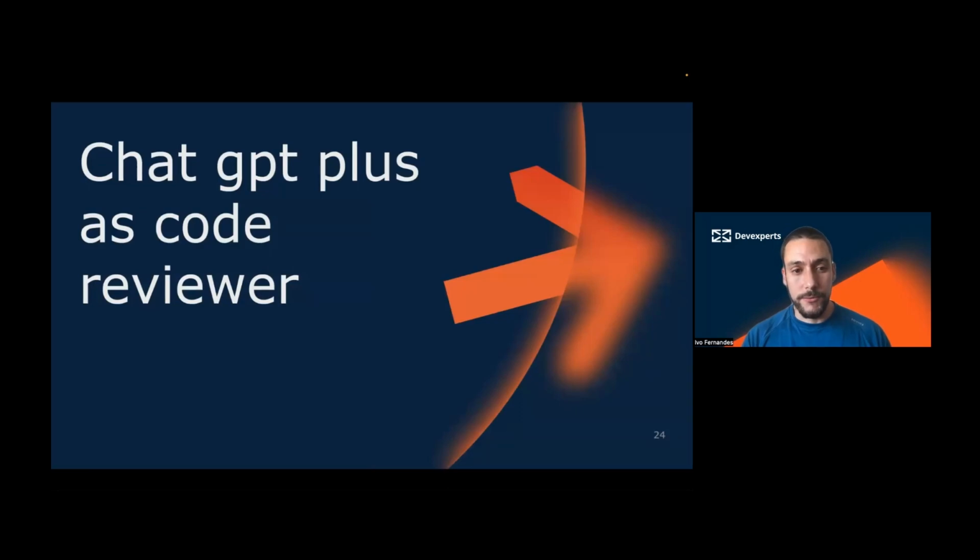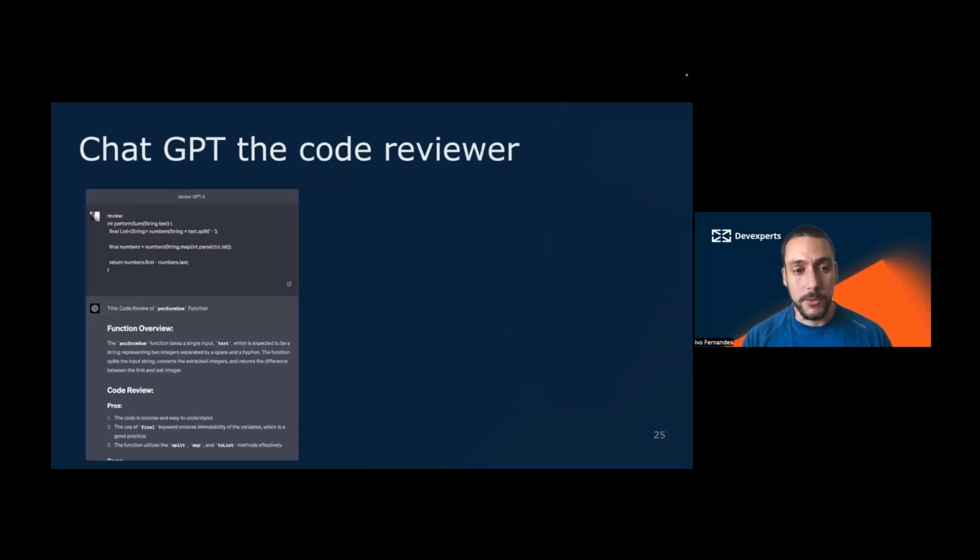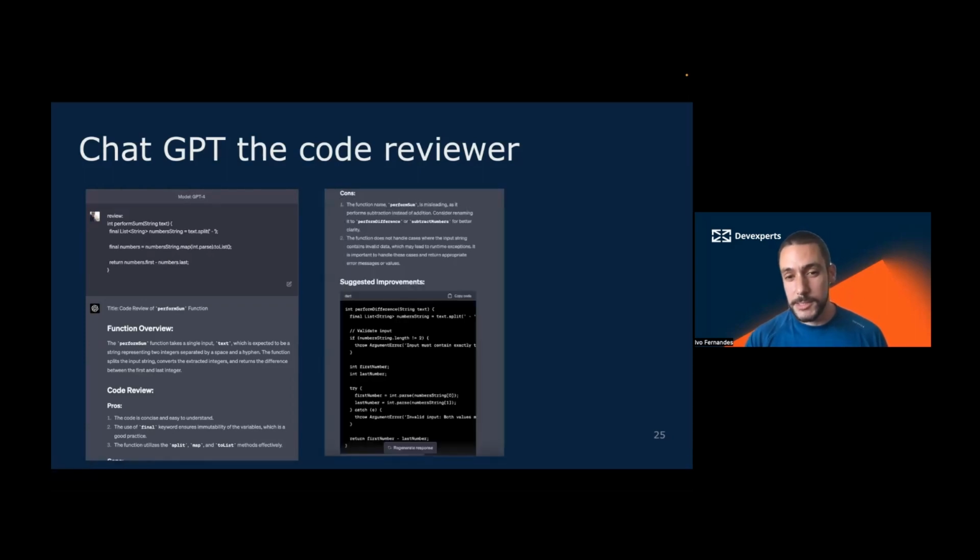Okay, and there's a code reviewer. Let's see what he can do. So here, I just asked him to review this perform sum function that is splitting on the minus. So this error is very obvious. Here I'm passing a text with two numbers and I'm splitting on the minus instead of a plus. This ChatGPT can find, but there is something that is not as obvious as this,